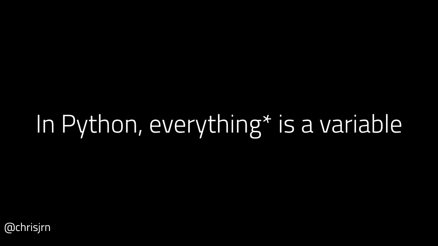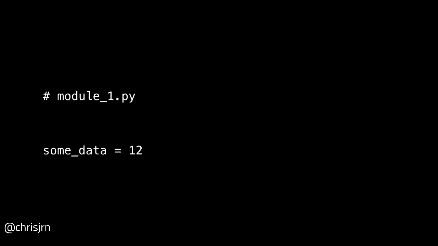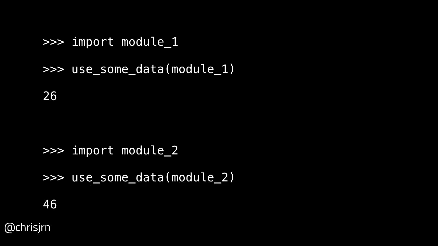First up, in Python, everything, or almost everything, is a variable. And by almost, I mean that anything that holds data or holds functionality is a variable. What this means for you is that class instances and modules look more or less like exactly the same sort of thing once you start passing them around to consumers. So instead of defining classes to hold all your data, you can define a series of modules that have the same attributes in them, and you can pass them around as if they were the same instances as you had before.